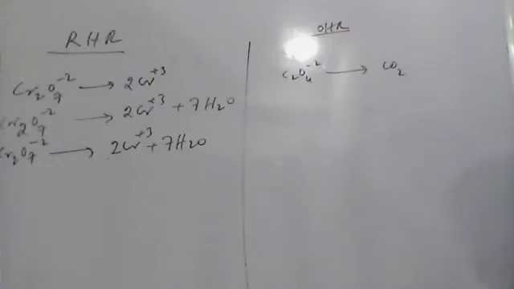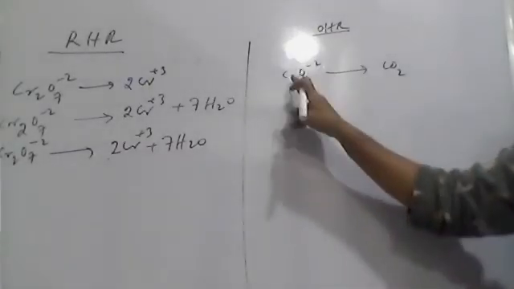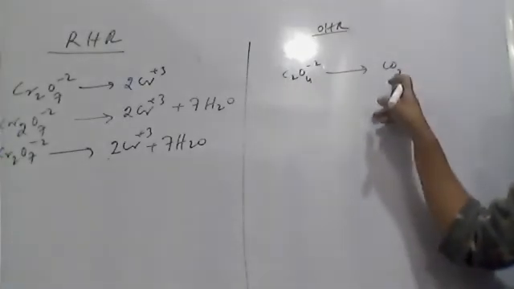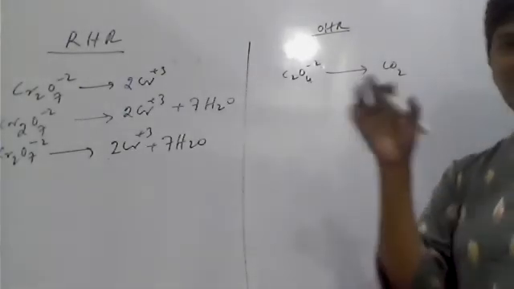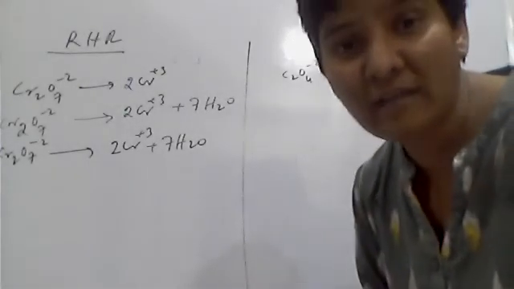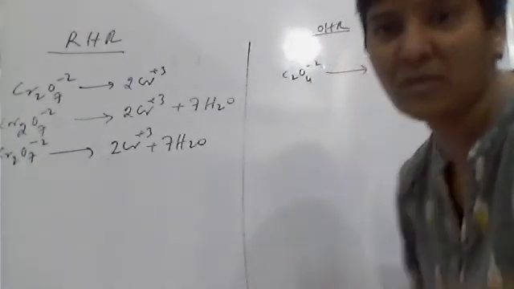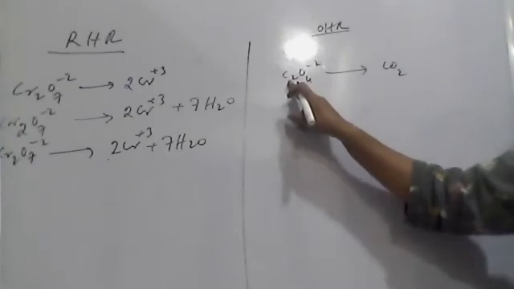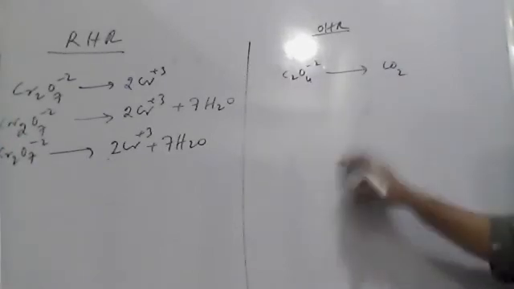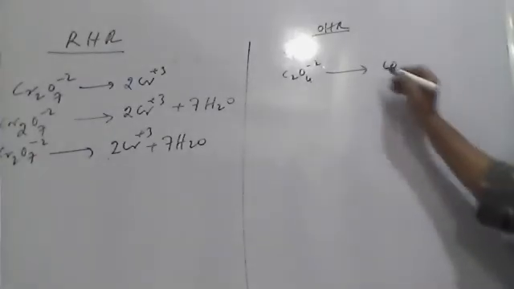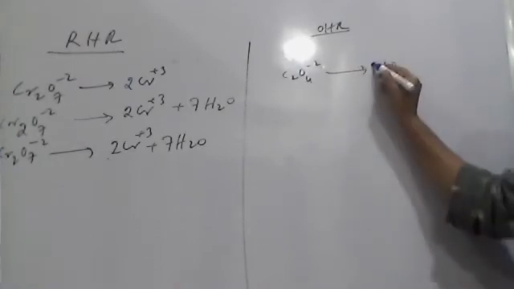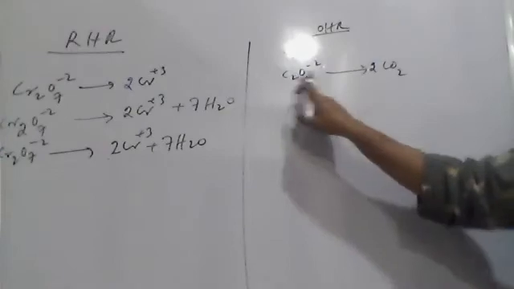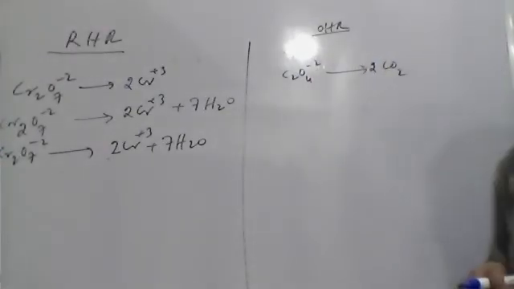So see here, the oxalate ion contains 2 carbons, whereas carbon dioxide contains only 1 carbon. Whether it is a reduction half reaction or an oxidation half reaction, you have to first balance the atoms other than oxygen and hydrogen. So 2 carbons at the left side, 1 carbon at the right side. So make it 2 carbons. I'll write directly: C2O4 2- gives 2CO2. Carbons are balanced. Next, balance the oxygens.